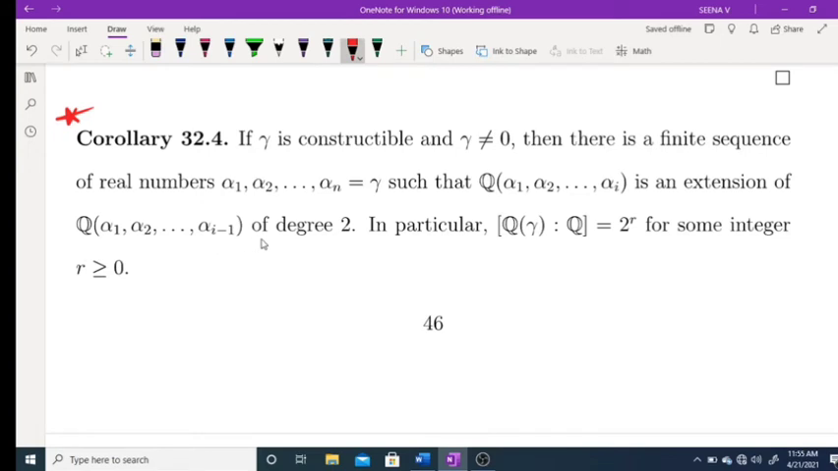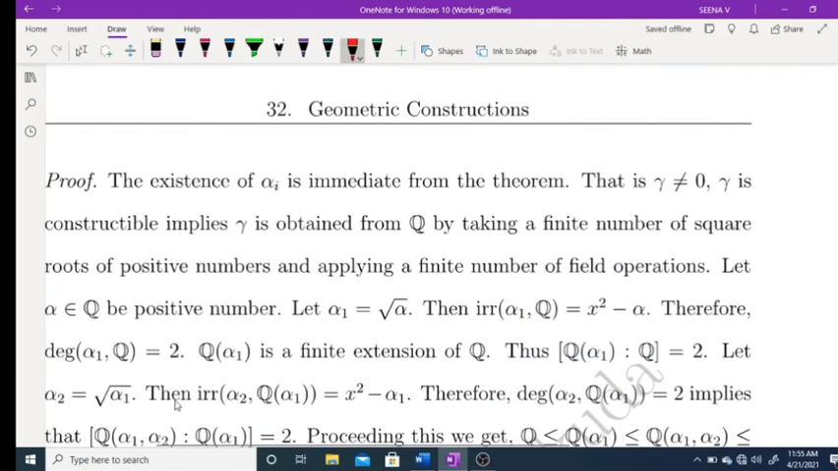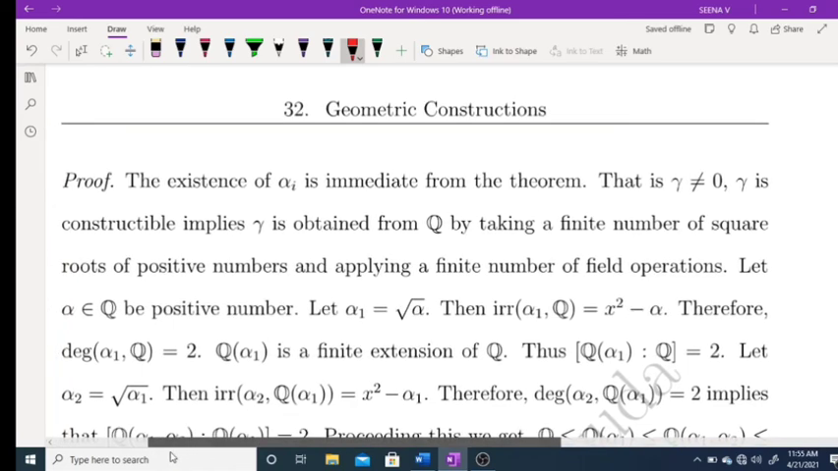Alpha i minus 1 of degree 2. In particular, the degree of Q(gamma) over Q is equal to 2 raised to r for some integer r greater than or equal to 0. Now moving to the proof, the existence of alpha is immediate from the theorem. That is, if gamma is not equal to 0, then gamma is a constructible number. And if gamma is constructible,